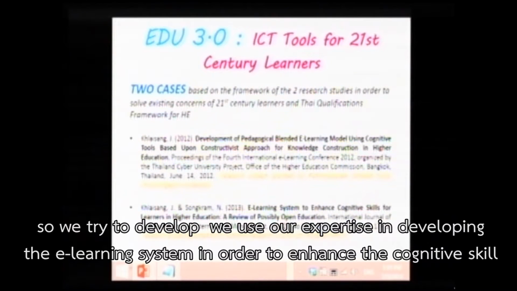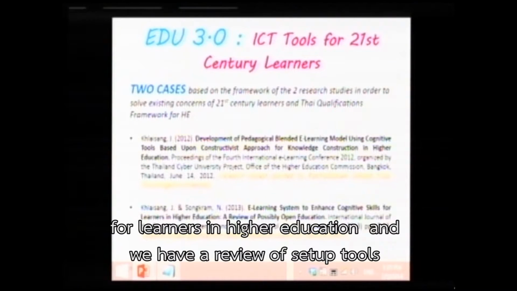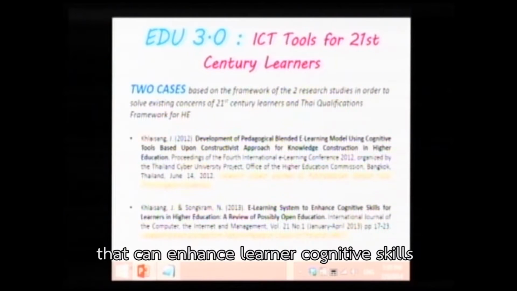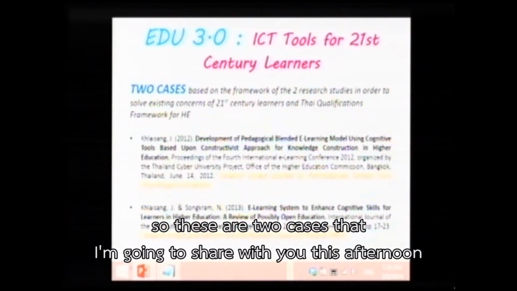So we use our expertise in developing e-learning systems to enhance the cognitive skill of learners in higher education. And we have a review of a set of tools that can enhance learners' cognitive skills. So these are the two cases that I'm going to share with you this afternoon.